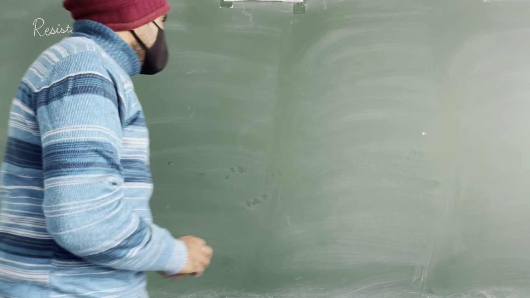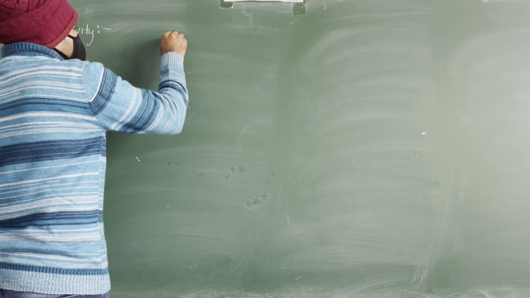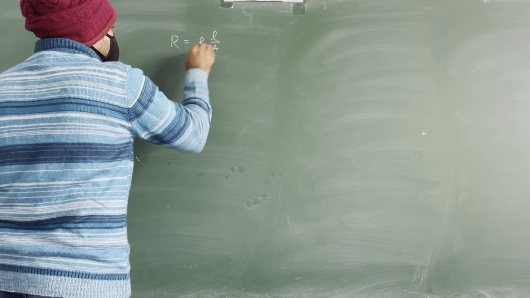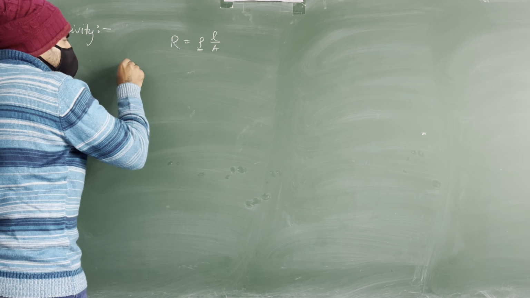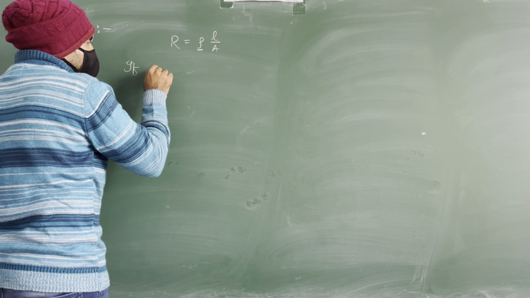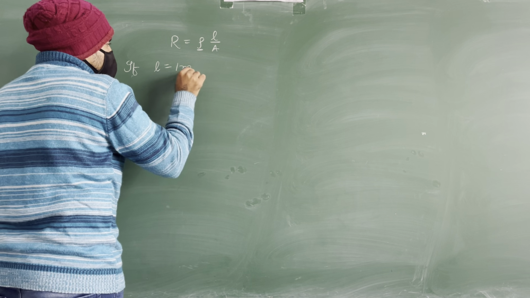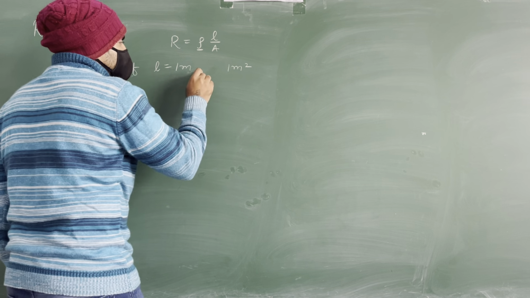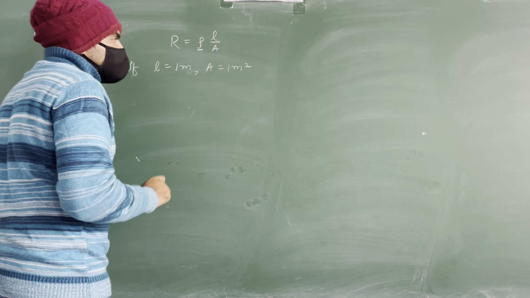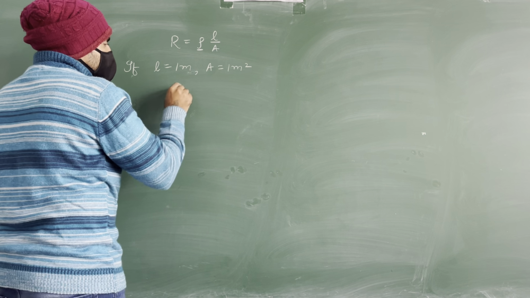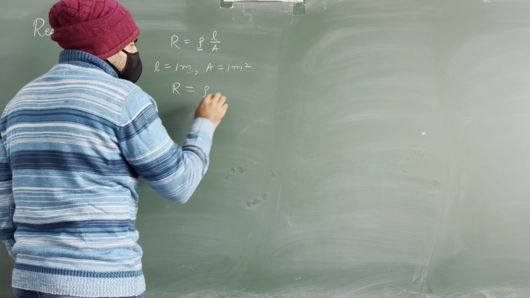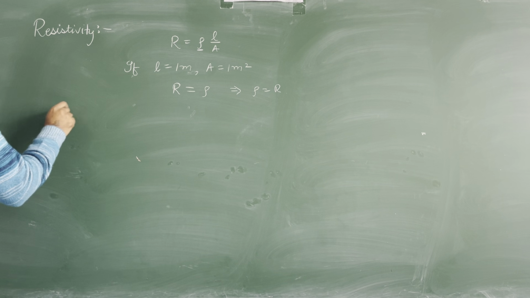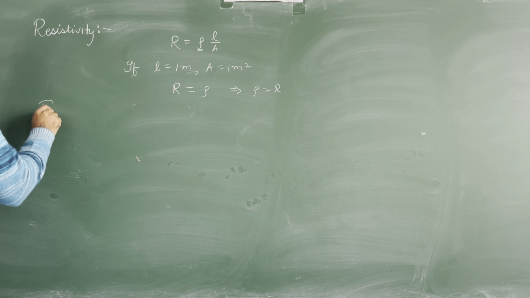So let's define the resistivity. As we know that R is equals to rho L by A, and here rho represents the resistivity. If we take a conductor of length of 1 meter and area of cross section 1 meter square, then R will be equals to rho. So from there we can say that, from here we can define the resistivity